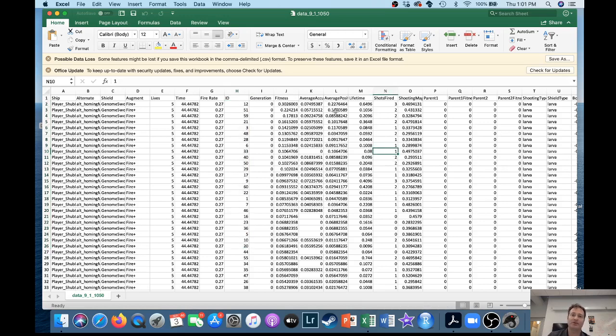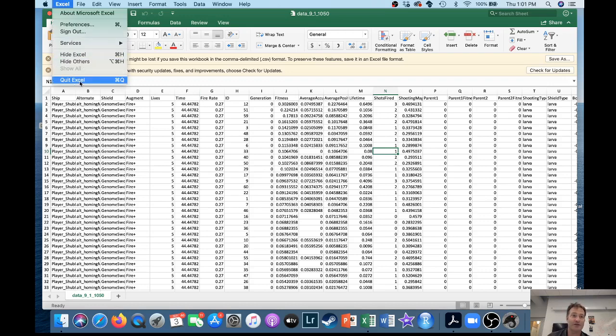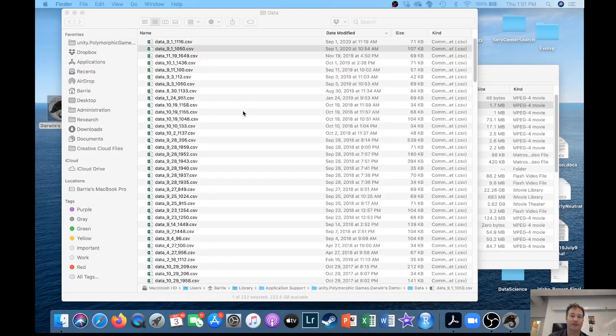Okay. But what I just want to do is kind of orient you to what the game kind of produces and how to find it. Options, Open Data path. Okay. So when you go to analyze your data, I'm going to go ahead and exit out of Excel here, and we'll go back to this thing. What I am going to do is I'm going to clear out my data folder so that it'll just start